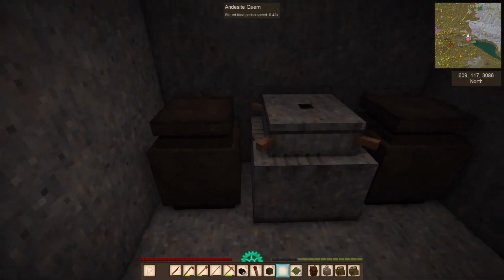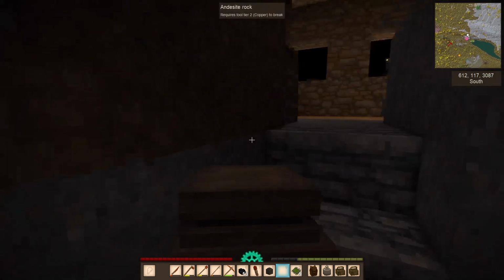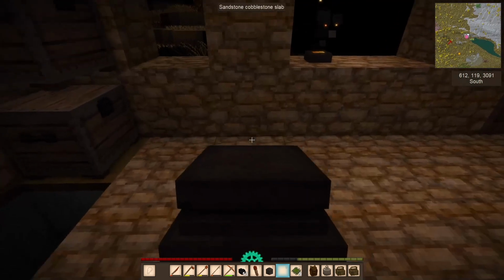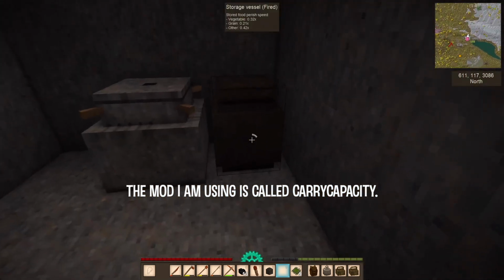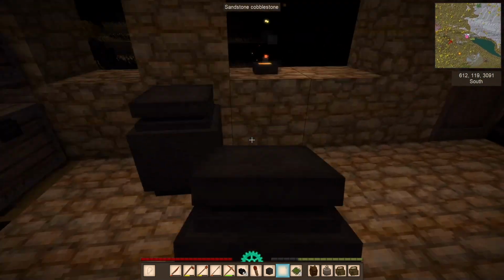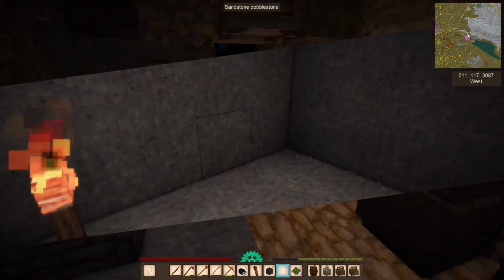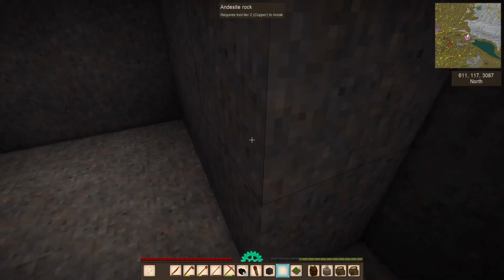The first thing I'm going to do is just grab these containers and get them out of here. That way it's easier to work. I love this mod. It is so great to be able to move the containers without having to empty them first. Okay, so I think my plan is going to be to take it down maybe